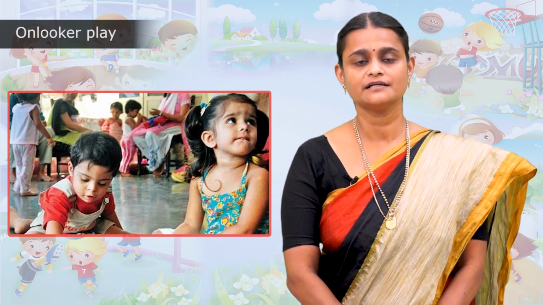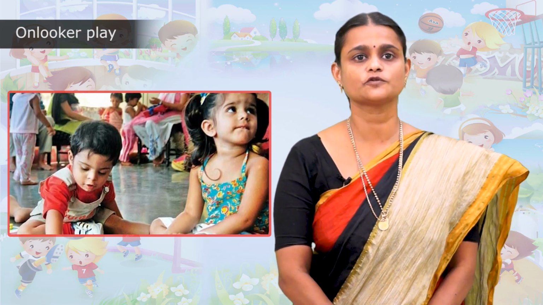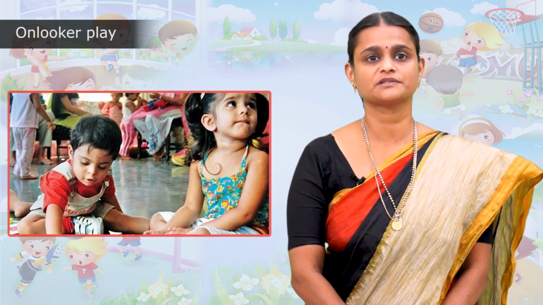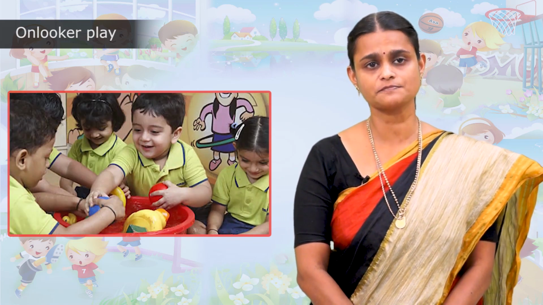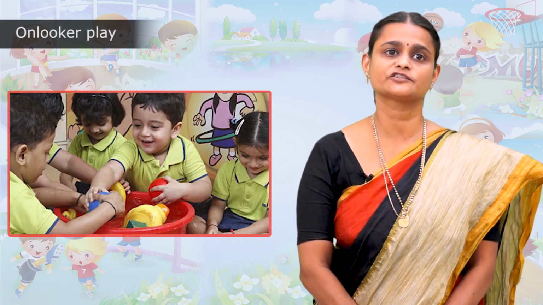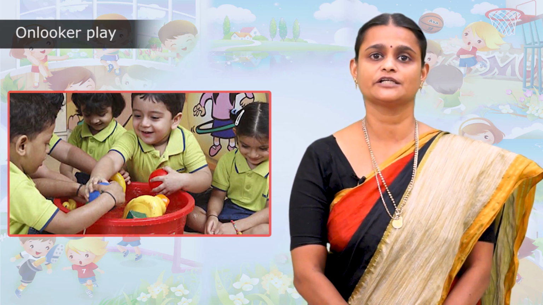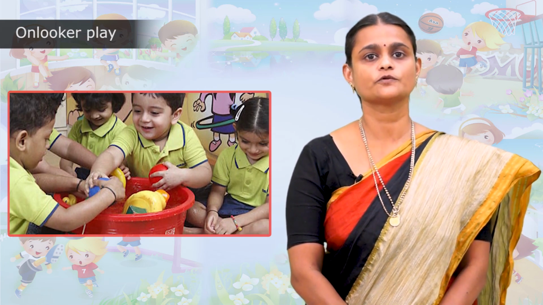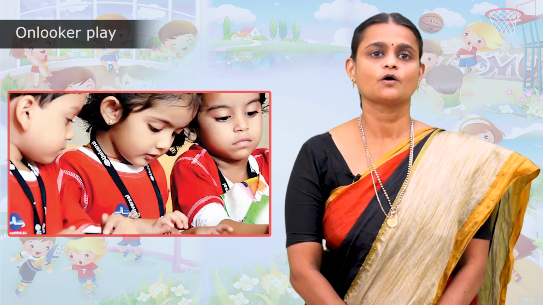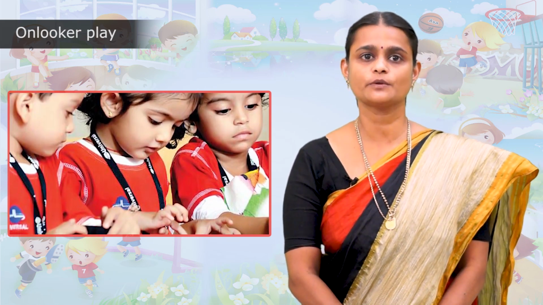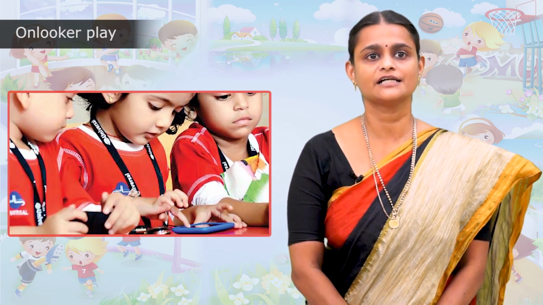Through onlooker play, a child acquires self-knowledge, practices interaction, and learns how to play with others and also grasp the social rules of play and how to form relationships. This play helps them to understand how to engage with others physically, mentally, emotionally, and socially during play. They also learn how to use materials for play and understand about the world in general. Onlooker play can be encouraged by showing children daily activities or by allowing them to observe children elder to them